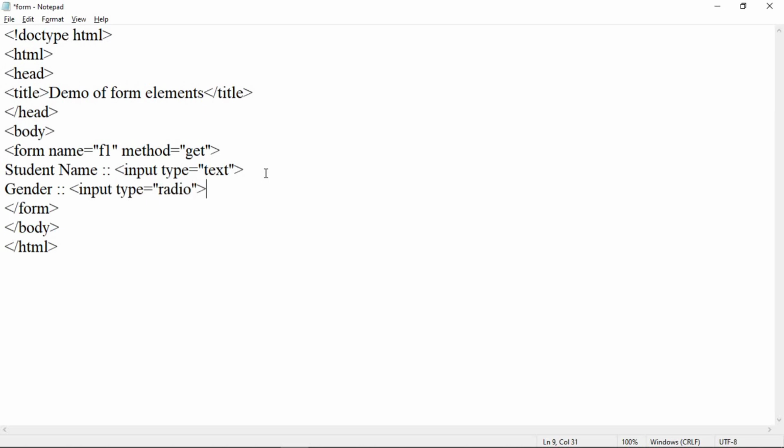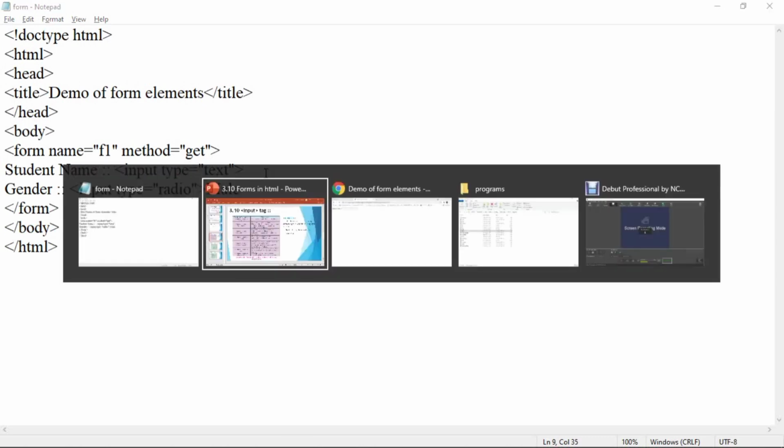Now whenever you create such a control, input type is equal to radio, a radio button will be created. Then after that radio button, the text should be there to select the option. Suppose we include here male. Now let us save this first of all and check the output.